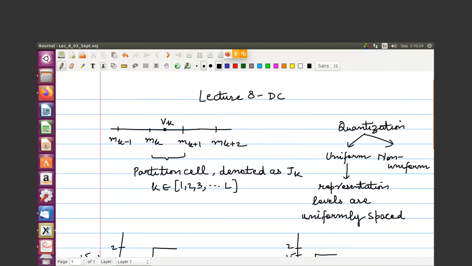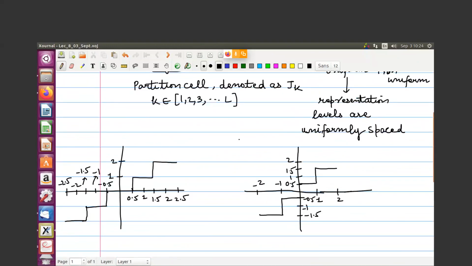It means that, let us say, Vk and Vk plus 1. Let me write it down. So it means that this interval, let us say Vk minus 1 to Vk and Vk to Vk plus 1, the length of these intervals will be same. So the length of both of these intervals will be same, and this applies for all k. It means if you put k any value, you will find that all is same. So this ensures that you have uniformly divided the amplitude range.